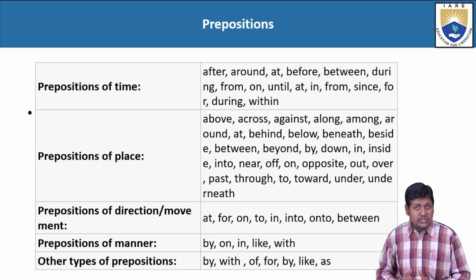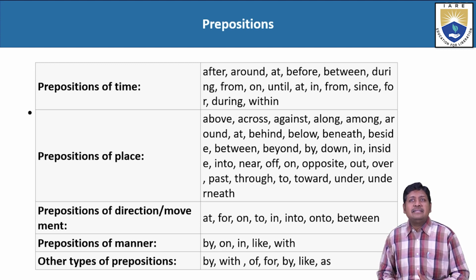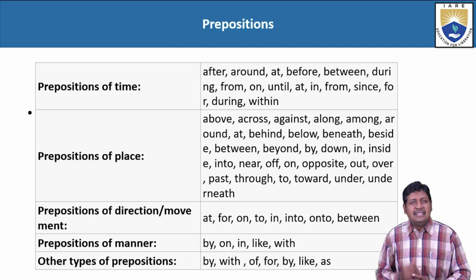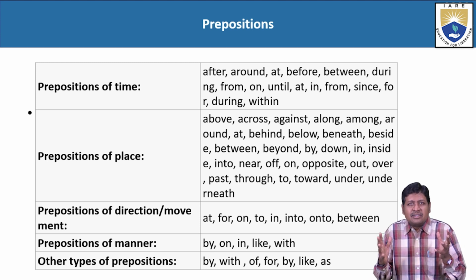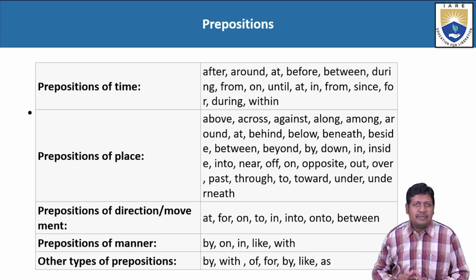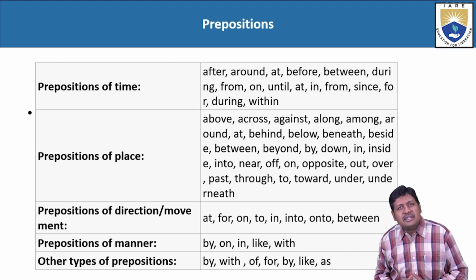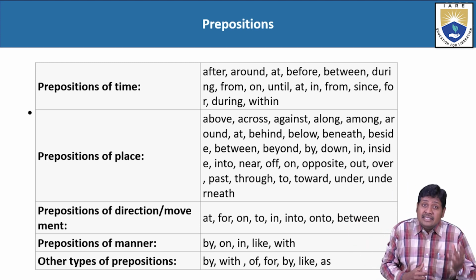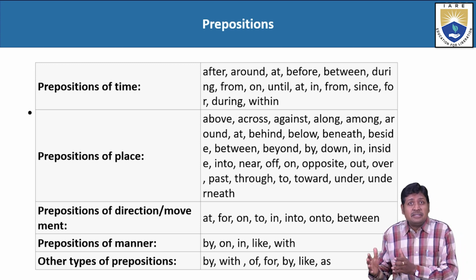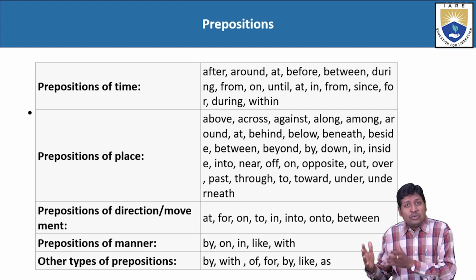At, I was waiting at the bus stop, I was waiting at the railway station, okay, behind, below, beneath, beside. Now look at this common confusion that occurs in beside. Beside and besides are commonly misused. Especially on signboards, they say, our showroom is besides Andhra Bank. What is the meaning of beside and what is the meaning of besides? Beside is a preposition meaning by the side of. Whereas besides is a conjunction meaning furthermore, moreover.